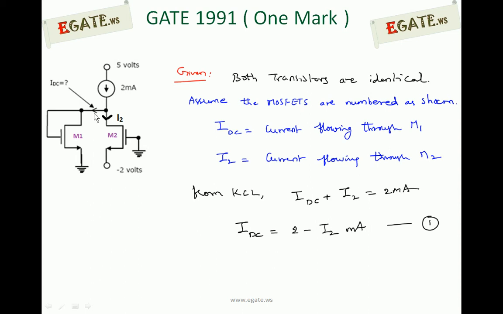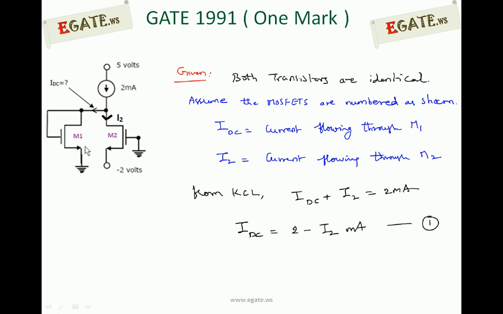IDC is the drain current flowing in M1 transistor, I2 is the drain current flowing in M2 transistor. Remember that one. Here IDC is the drain current of M1. It is not the sum of drain and gate currents, because gate current is always 0 for MOSFETs. There is no gate current in MOSFETs because the gate and channel are insulated by the SiO2 layer, which doesn't allow any charge carrier to move from gate to channel side. So gate current is always 0. Remember that one. So the entire IDC will always flow through the drain of M1.